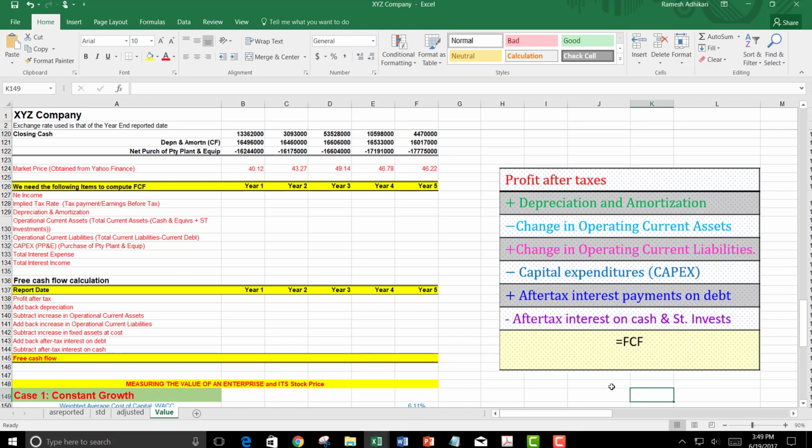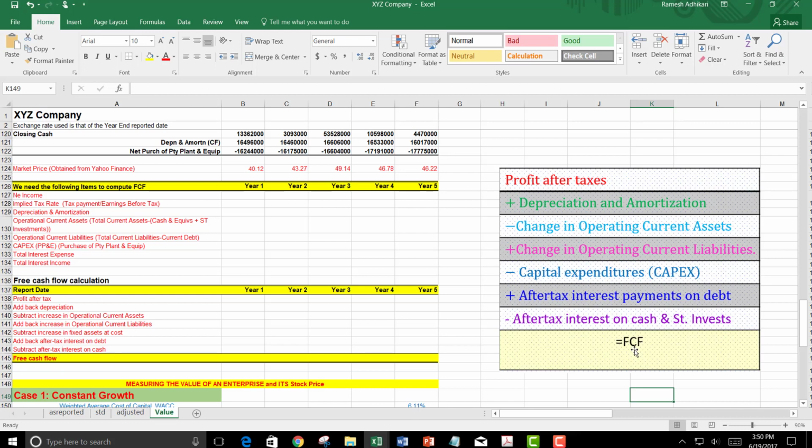In this video, I'm going to show you how to compute free cash flow for this XYZ company. Before I show you how to do it in Excel, I want you to review how this free cash flow is computed. There are different ways people follow, but I have found this one of the easiest ways to compute the